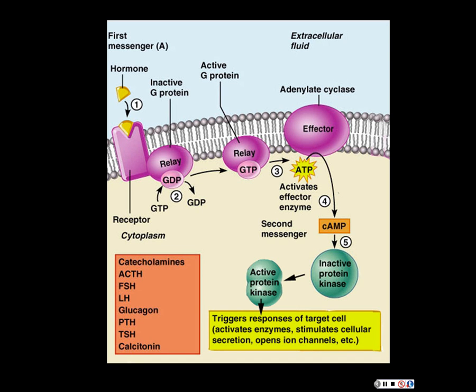And in this cyclic AMP pathway, the big difference is the G protein activates an effector enzyme called what? Adenylate cyclase, which helps produce cyclic AMP, which is our what? Second messenger, whose job is to activate different types of kinases in the target cell, which then do some tangible work within the cell.